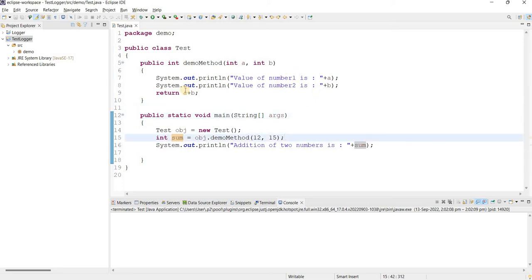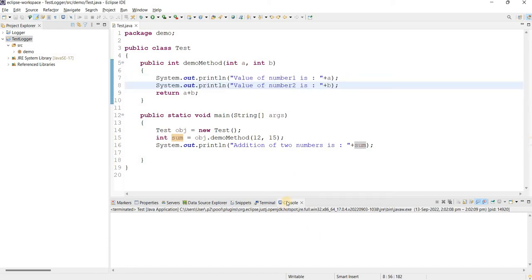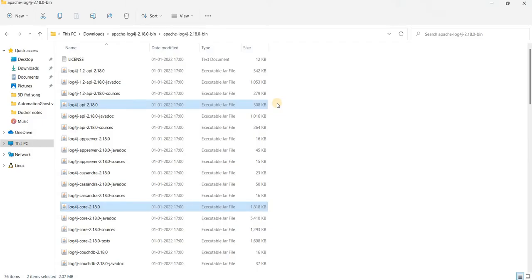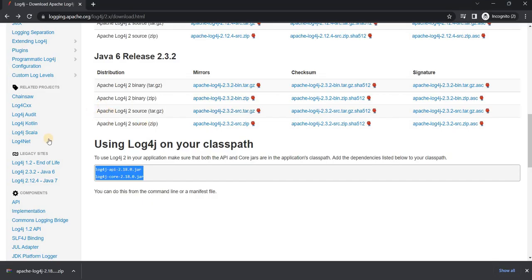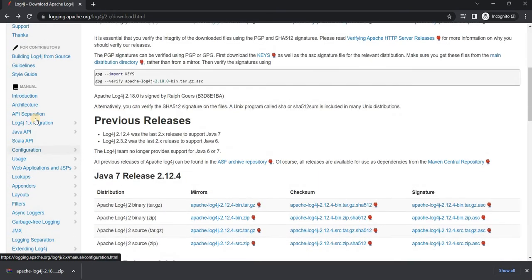Okay, but these println statements are going to print everything on the console. But if we talk about log4j, log4j is going to give you more privilege to print or to show the logs under multiple